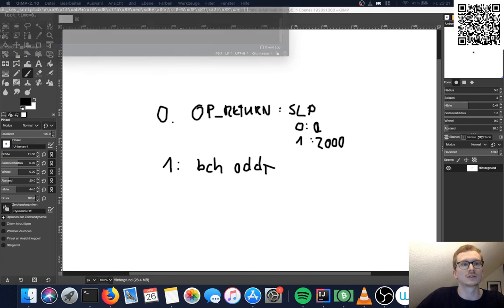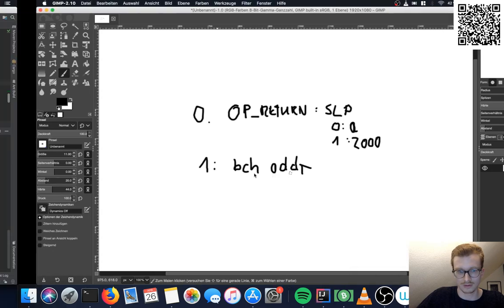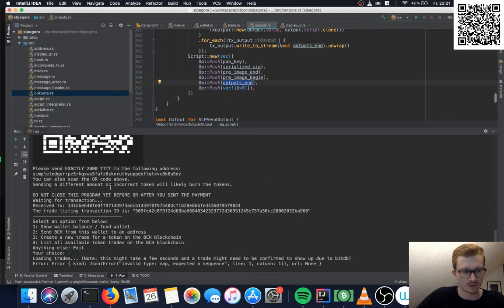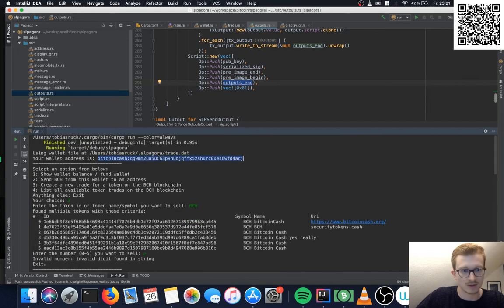In my wallet. No, not this one. Here. And this one. So this is this address. So it enforces: send this money to this address.